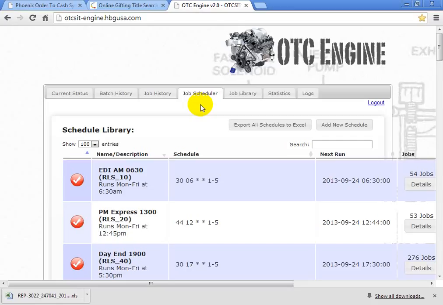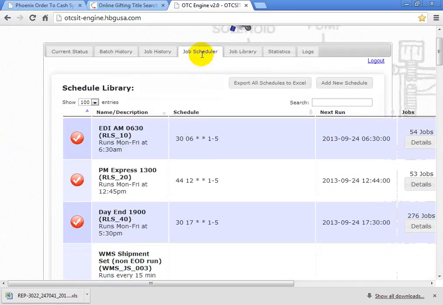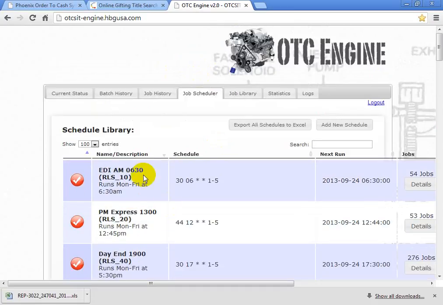That exact timing and all, I don't have much idea. But we have noted it down: 6 o'clock in the evening and then morning sometime, three jobs, right? AM, AM Express, PM, PM Express, AM, PM and day end. These are the timings. If you want to add anything like a schedule, there is this job schedule in the OTC engine. You may add a new schedule, add whatever jobs you want to the schedule, and you schedule a time also.